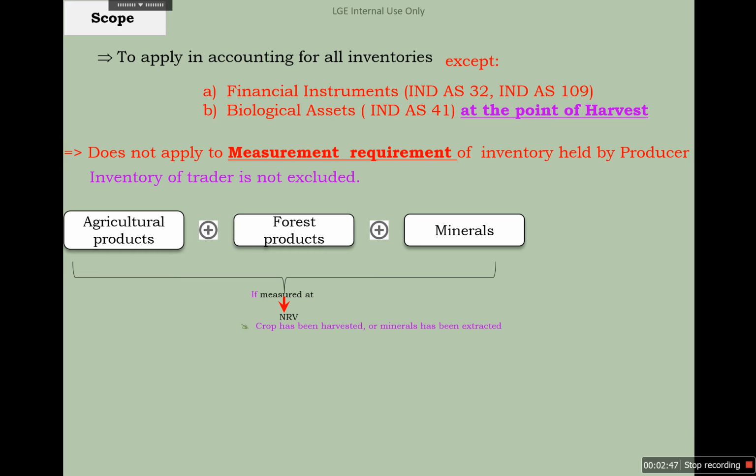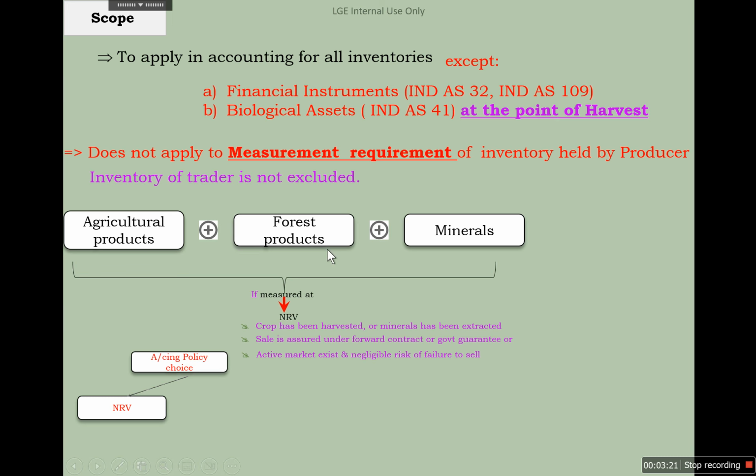these are measured at NRV when the crop has been harvested or mineral has been extracted and the sale is assured under a forward contract or government guarantee, or an active market exists and there is a negligible risk of failure to sell. So in this case, we can measure this inventory at NRV. So this standard provides an option. Based on the accounting policy choice that the entity has, it can measure the inventory at NRV in case of agriculture products, forest products, and minerals, if these conditions are satisfied,